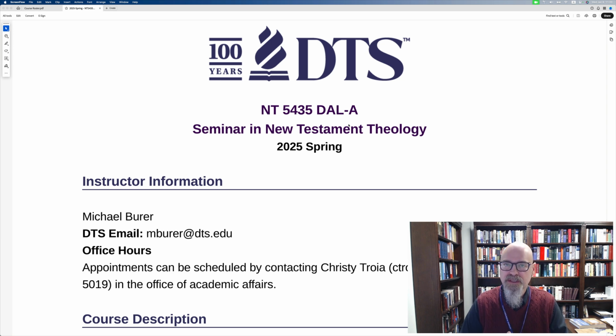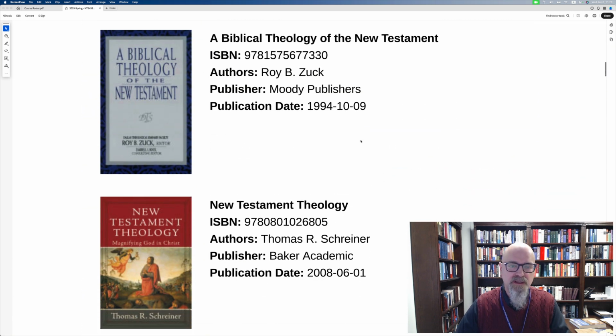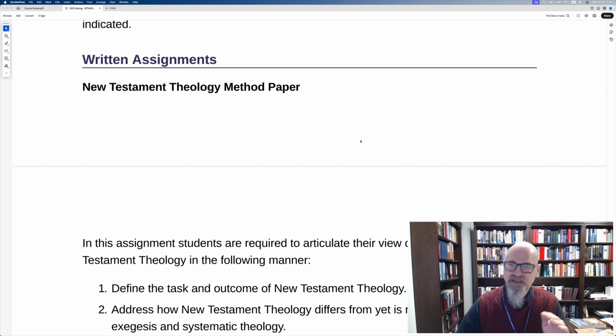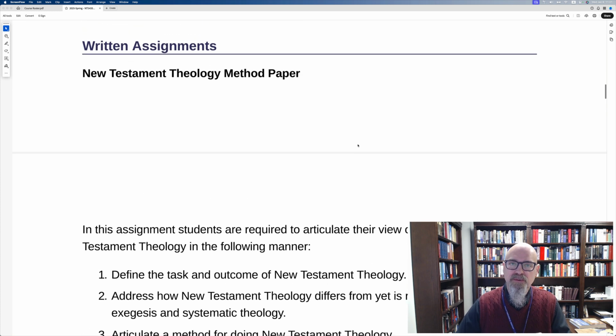What I'm showing you is the syllabus for the course. This is what you will see when you go to Canvas or Simple Syllabus. It simply explains the nature of the course, the objectives, the books, the requirements, etc. We're going to talk about this in full next week when we meet, but you can go ahead and review the